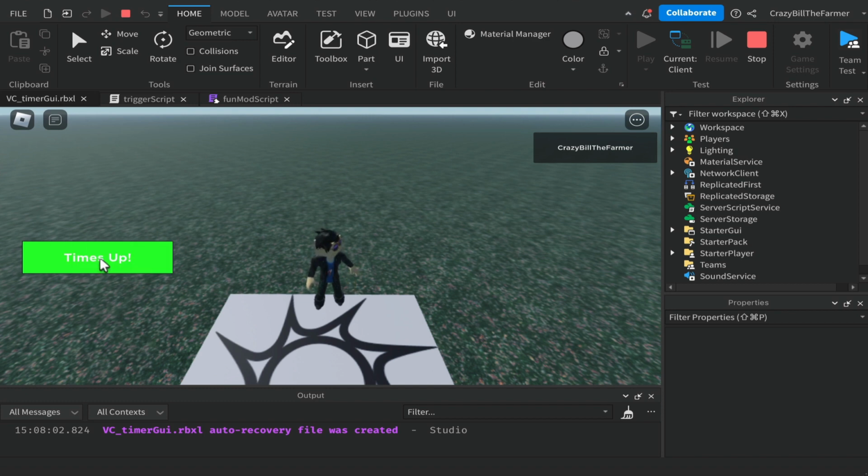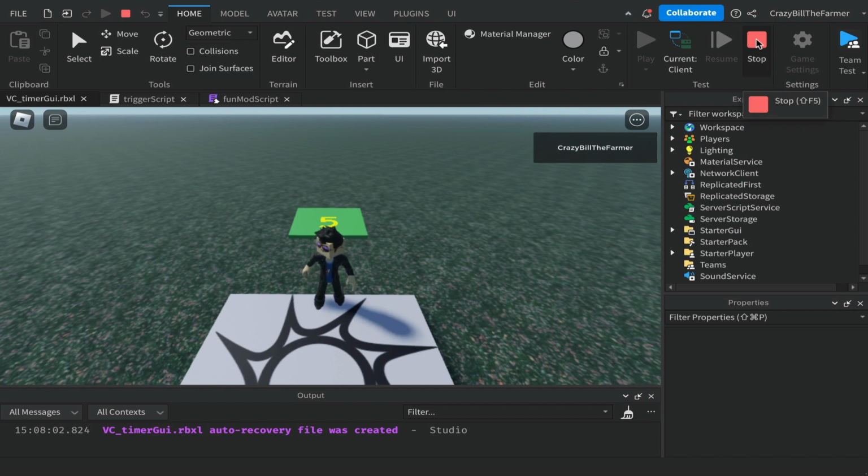The only thing is that our time's up hasn't reset back up on here. It's still coming up, but that text is something that we're going to now update in the next part, where we'll write another short function that will show the numbers and count down for our countdown. So we'll stop it there